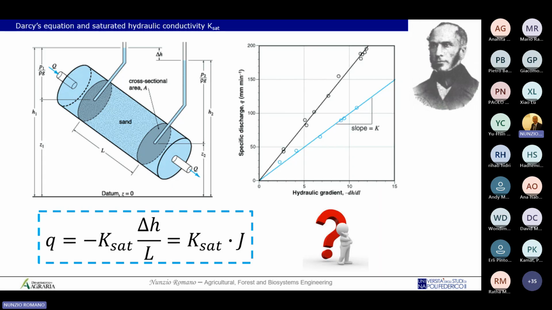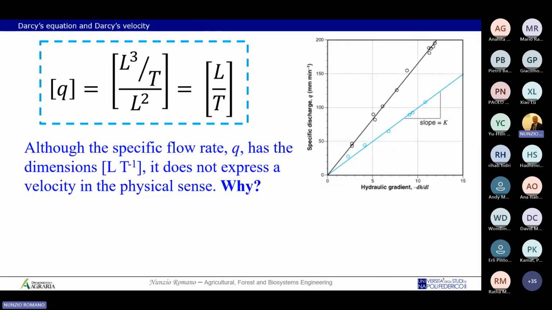We just reproduce the Darcy's experiment. But I want to discuss, this is relatively simple. You can find this in a lot of textbooks, but I want to discuss a little bit with you the intimate meaning of the specific flow rate, the specific discharge, because if you look at the dimension of the specific flow rate Q, the dimension are the discharge, so cubic meter per second, for example,